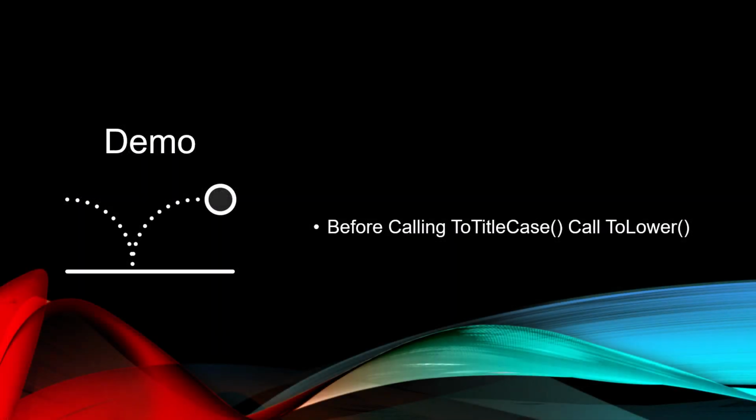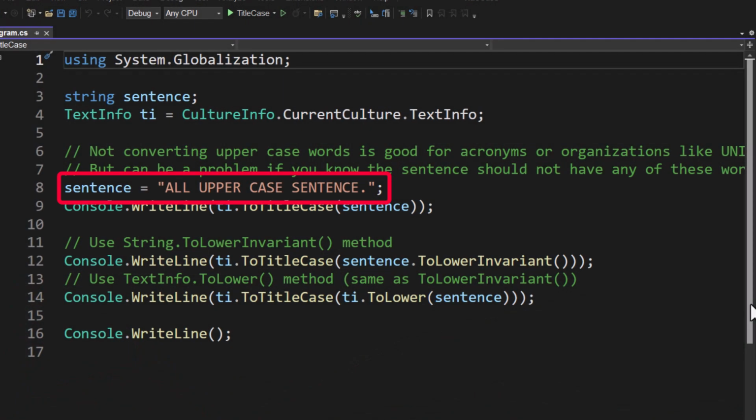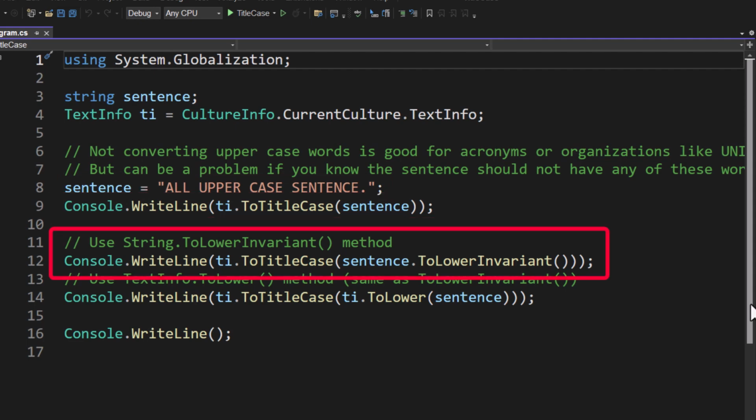While sometimes you may want those uppercase words for things like acronyms or something, sometimes you might really want everything converted to title case. In that case, before calling the ToTitleCase method, simply call ToLower. On line 8, I've created an all uppercase sentence. Line 9, we're going to see when I do a ti.ToTitleCase on that, it's still going to be all uppercase. What you can do on line 12 is we can do a ti.ToTitleCase, but we're going to pass in